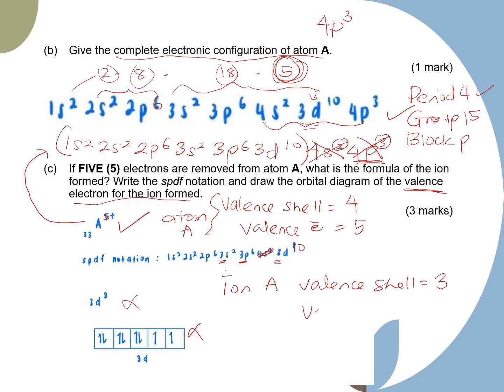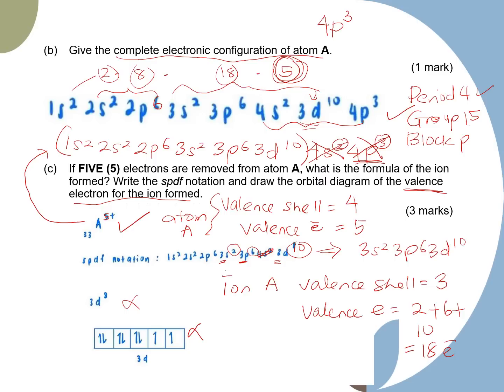And the valence electron is 10 plus 6 plus 2. The valence electron of the ion is 2 plus 6 plus 10, so you get 18 electrons. So the SPDF notation of the valence shell, this is not the answer yet. It should be 3s2, 3p6,